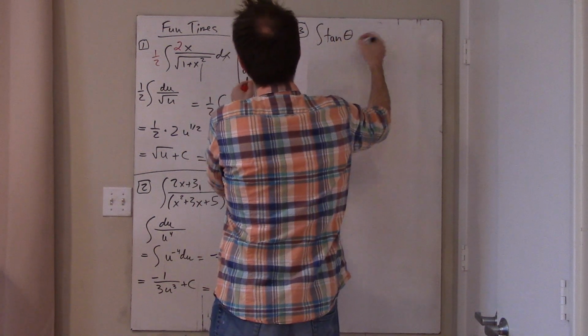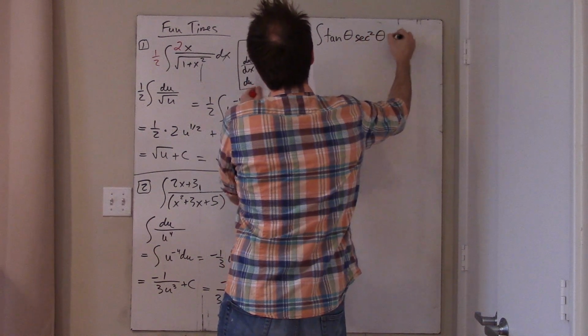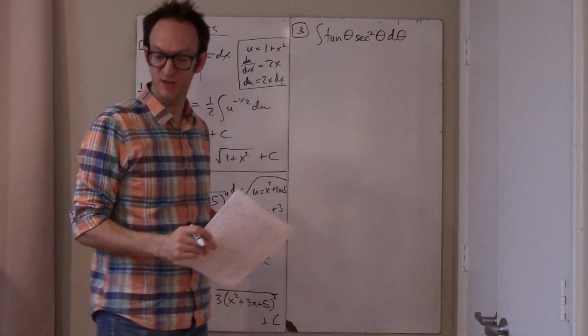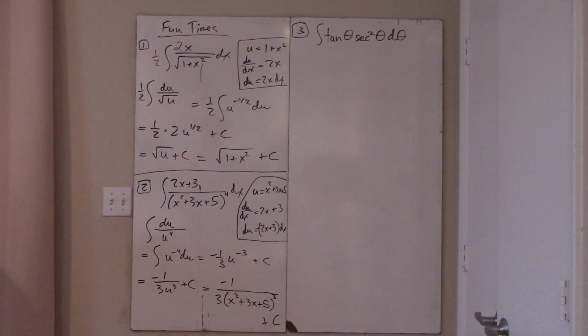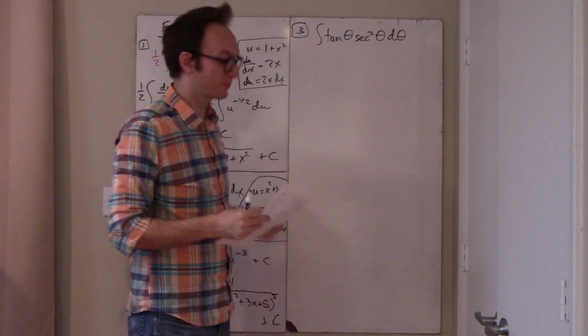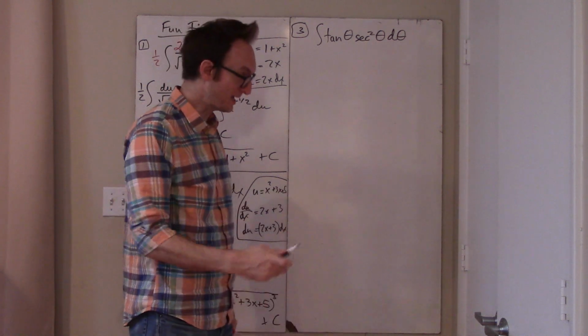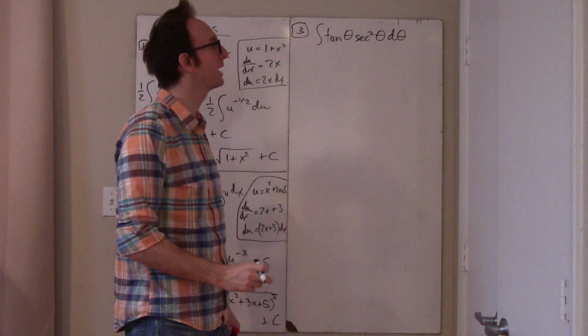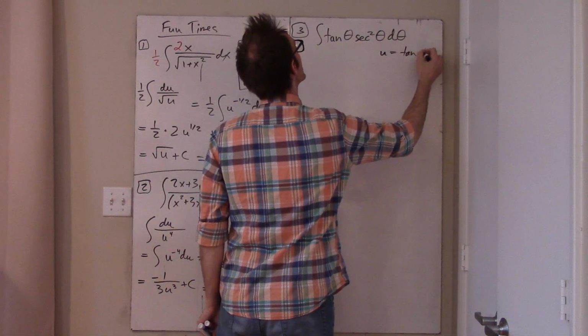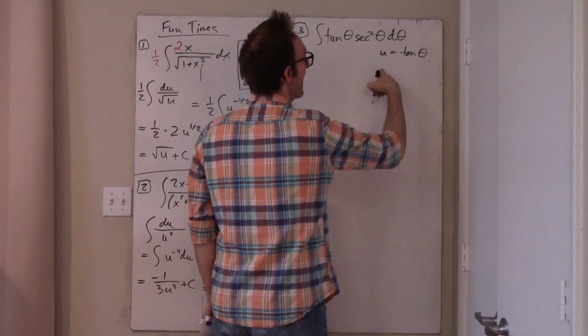Tan theta secant squared theta. Okay, well, I immediately recognize, well, no, this time perhaps it's harder for you to recognize now what's going on. But I recognize immediately that secant squared is the derivative of tan. So if secant squared is the derivative of tan, then does it look like some chain rule happened here? Yes. I should set u to be tan theta, and then